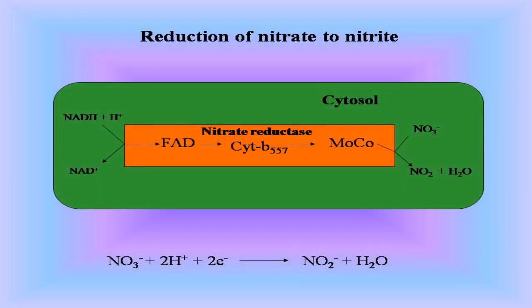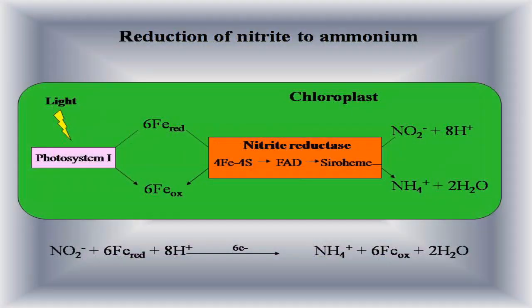Here you had seen that this process, reduction of nitrate to nitrite, takes place in the cytosol. Here you can see that this reduction of nitrite to ammonium takes place in the chloroplast. So this is the structure of chloroplast where reduction of nitrite to ammonium takes place. Here we can see that nitrite reductase is the enzyme involved in the reduction of nitrite to ammonium. This nitrite and 8 hydrogen ions are involved for its reduction to ammonium, and in this process 2 water molecules